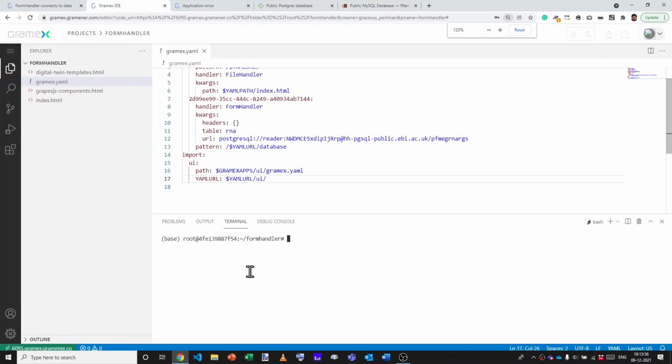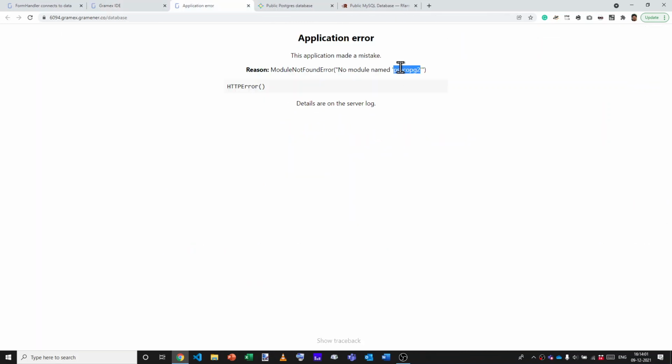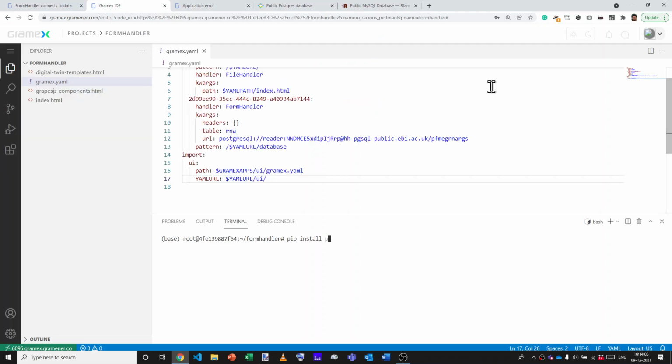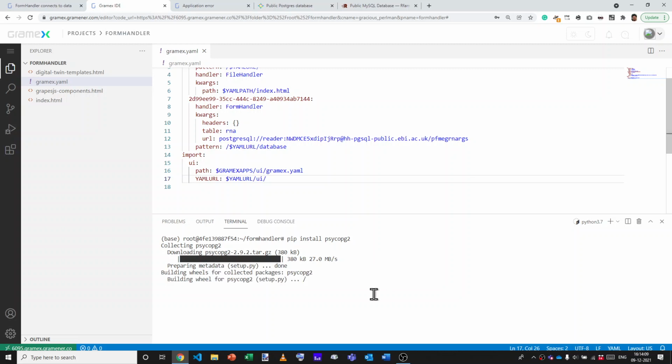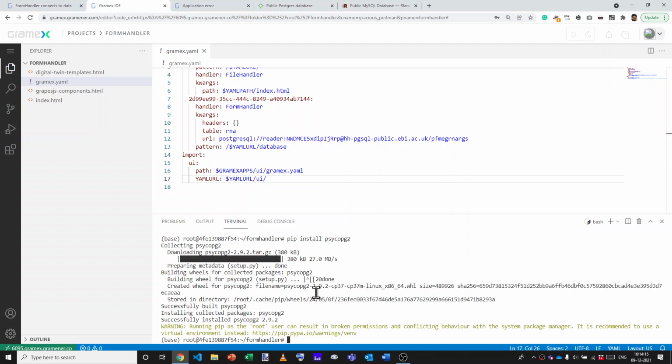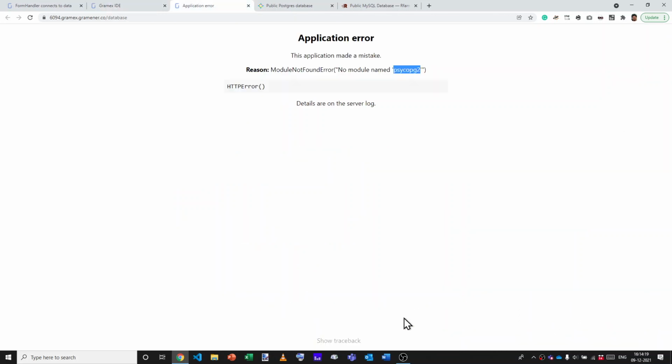Now you can run pip install the same library, the module that was missing, PsychoPG2. That's downloading PsychoPG2, building PsychoPG2, and it's installed PsychoPG2. So let's reload this page.